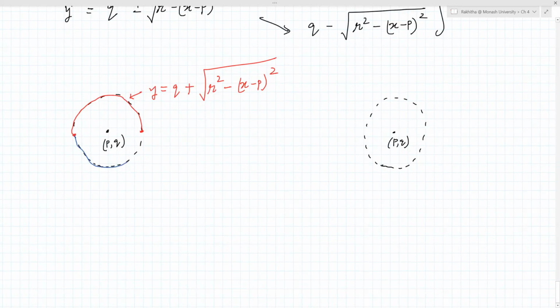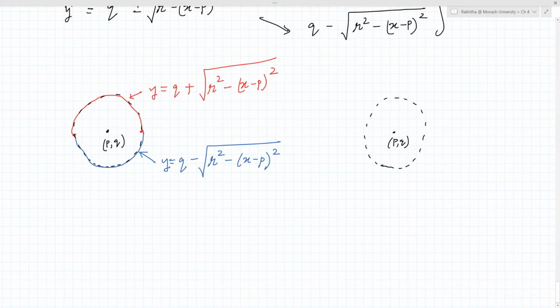Now, what about this? Again, y is negative, x is your independent variable because x is changing, y is your dependent variable, right? So that would be the opposite of this one, the other part of that. So q minus the square root of r squared minus x minus p squared. If you can write it in this way, for the most general case, the way I'm producing it, I think you are there.